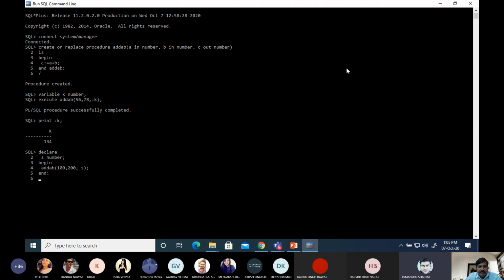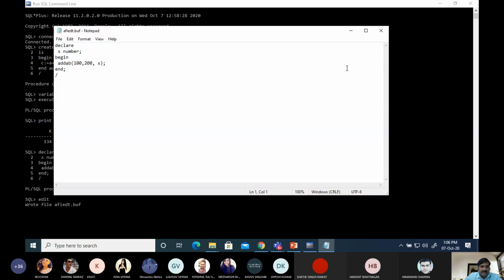Now I am going to execute this block through forward slash. PLSQL procedure successfully completed, but no syntax for displaying the value of s. So for displaying the value of s, we have to write dbms output dot put line and s. So let me write that method.